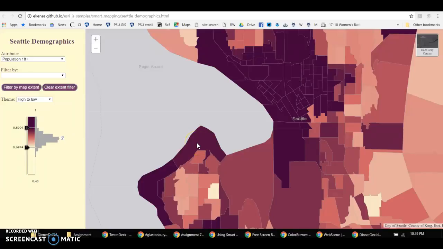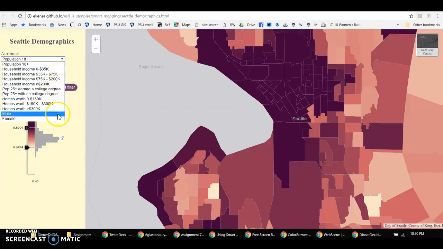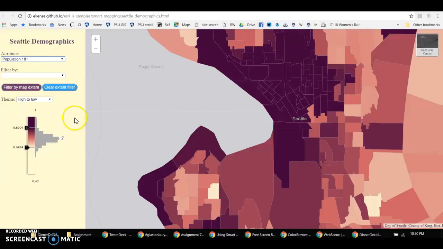In this sample, the blog writer explains that in creating the app, he narrowed attributes down from what was 60 down to the 12 that he wanted map users to focus on. So these 12 are what he wanted to focus on, and he found it easier to do that with Smart Map API. Another thing is you can handle the data normalization internally, and the code for that is